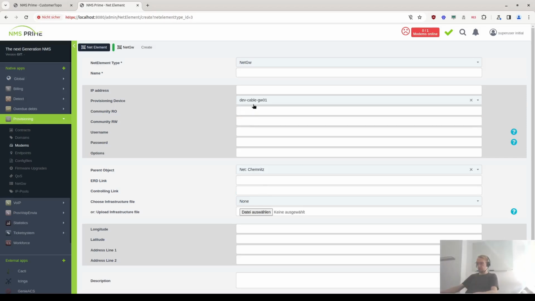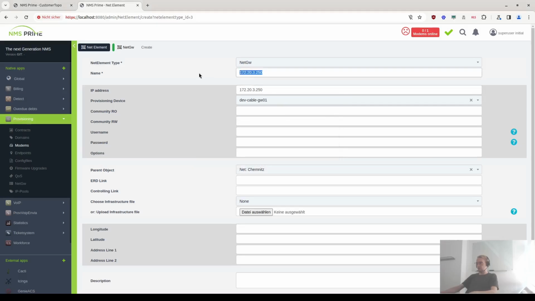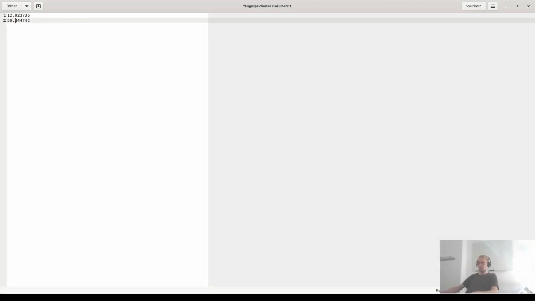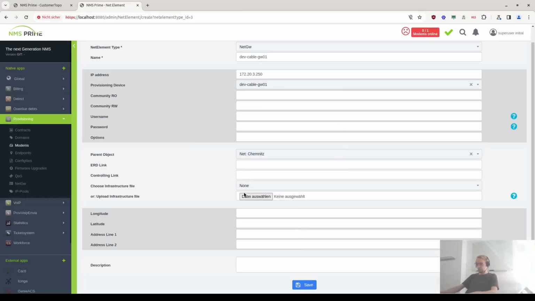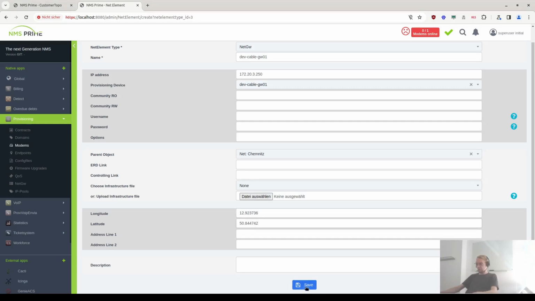Provisioning device is our dev cable gateway 01. The IP address is this. No, wait a minute, this is the name. The IP address is down below here. The name was this. Here we could use the read-only and read-write community, but again, if we don't set it, we use the one from the global config. And now I copied the longitude and latitude. I'm going to put this here. Now if I save,